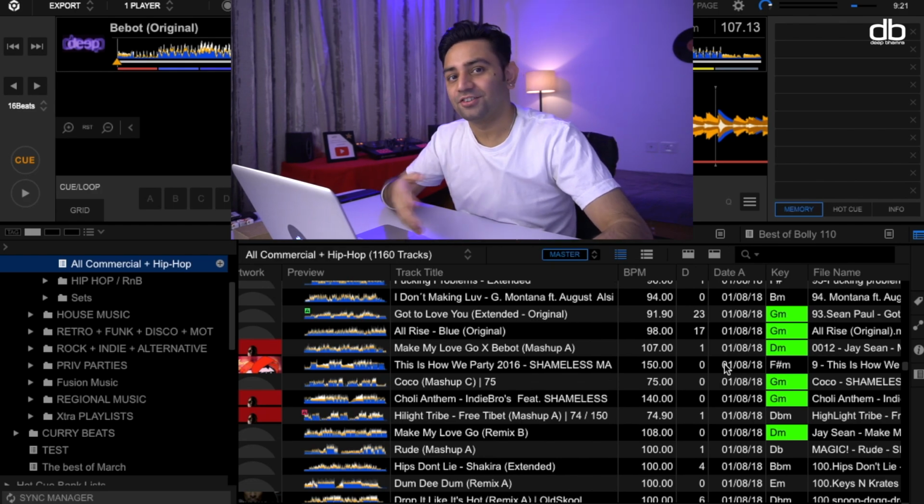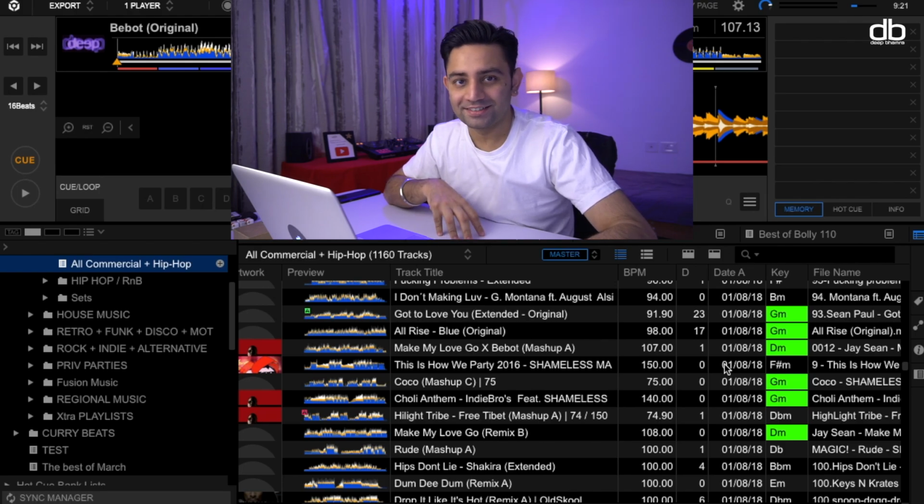And that is the traffic light feature in Rekordbox DJ. And the last tip, or the feature that I want to share with you, is using a shortcut to get to your playlists faster, and that is by using the palette function in Rekordbox DJ. This is a small feature that is hidden in Rekordbox, and the button to activate this is so small a lot of people miss it. So let me just show you that now.